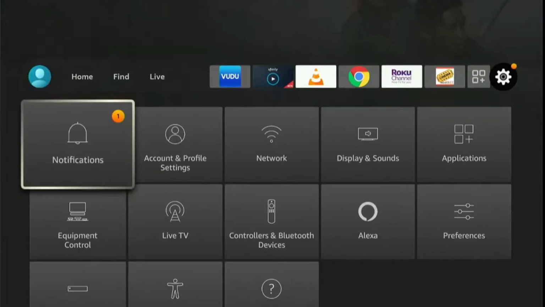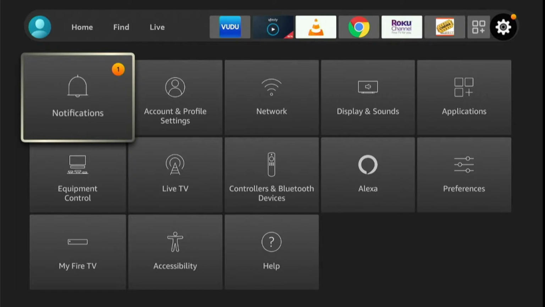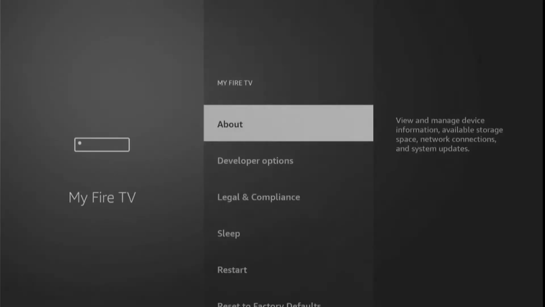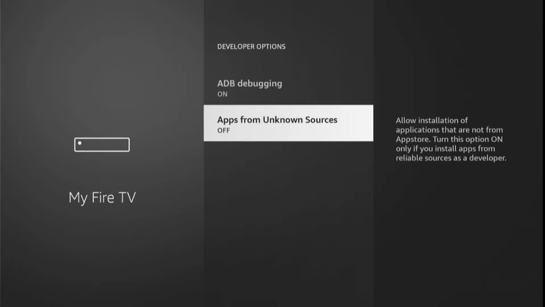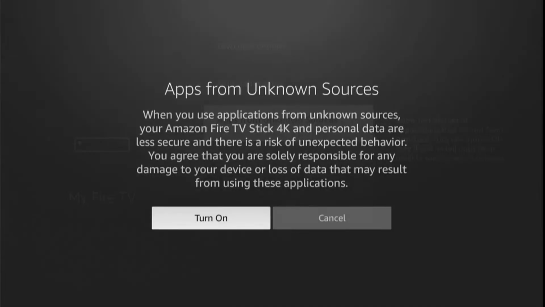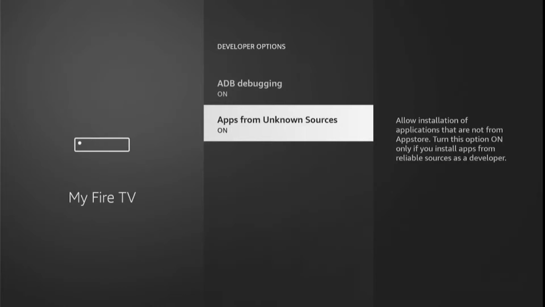Slide down and click on My Fire TV. And here slide down and click on developer options, and here you will find two options. So scroll down to apps from unknown sources and press the remote select button. A warning message appears on your screen, so select turn on, and here, as you can see, apps from unknown sources has been enabled. Now go back to the home screen by pressing the remote home button,